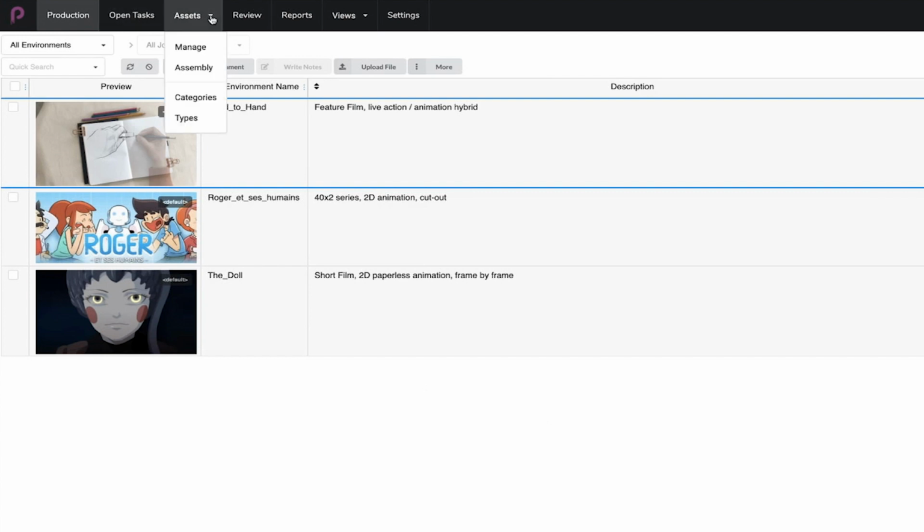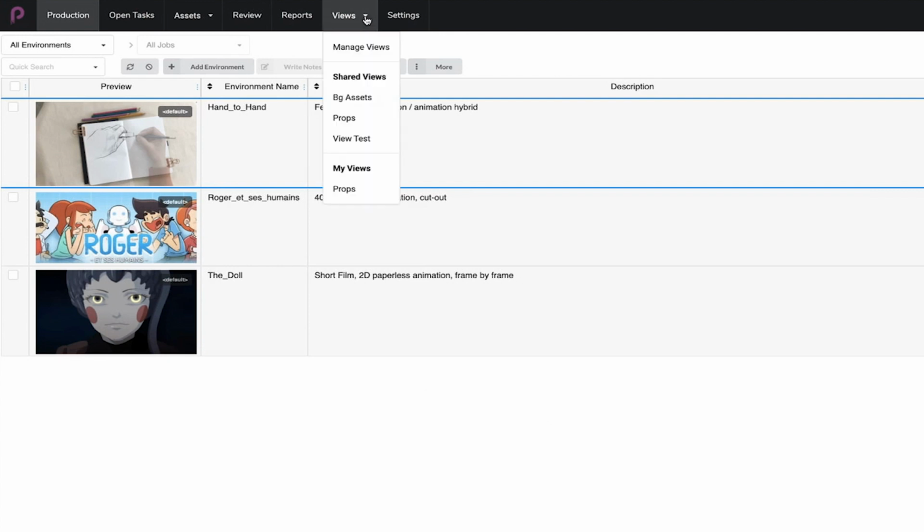Assets looks at the assets that you want to track. You can manage, assemble, and set them as categories or types. Review allows you to review. Reports generates reports. And settings is where we want to go if we want to set up our Producer.